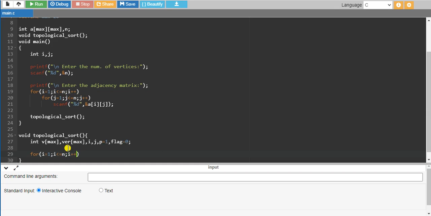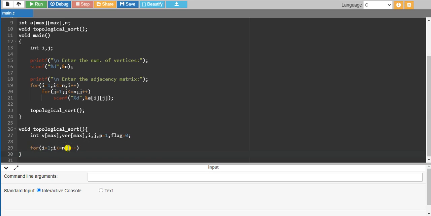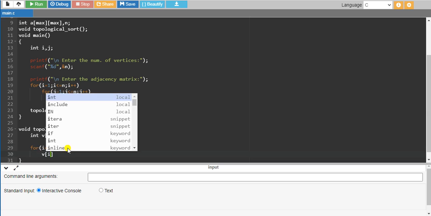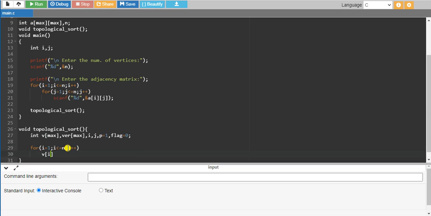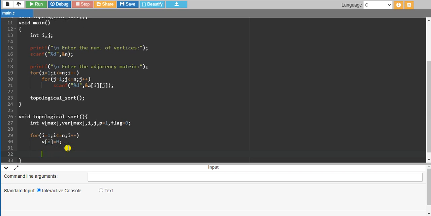Then what we are doing here, v of I, the initial vertex, we are initializing it to 0, that is p of I is equal to 0. This is my initial vertex I'm considering. Then what we have to do here,